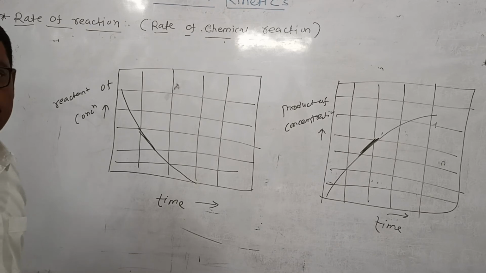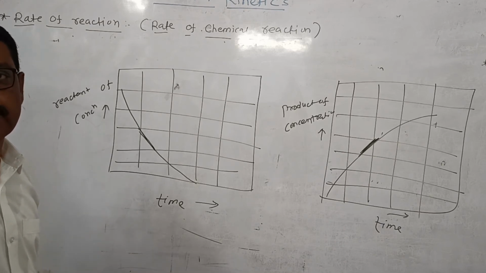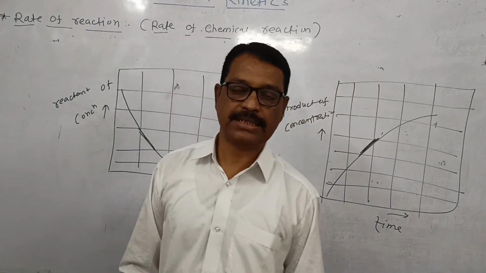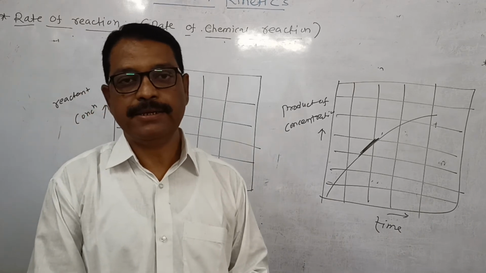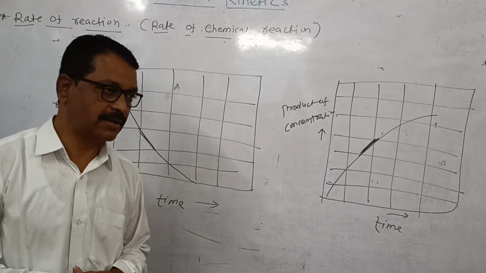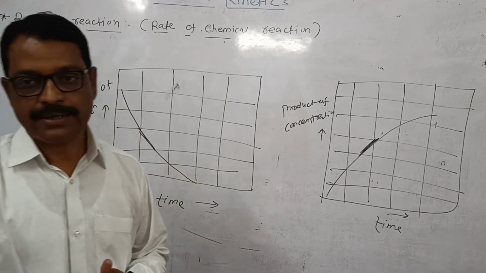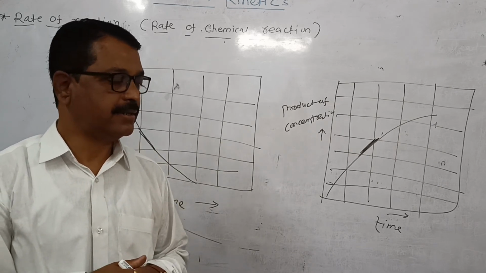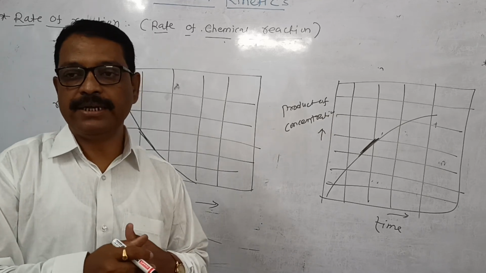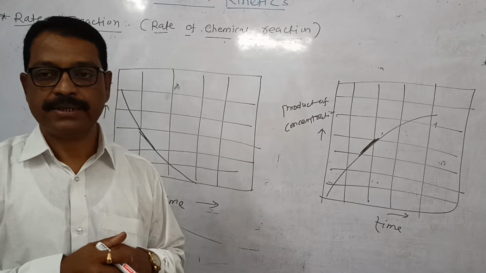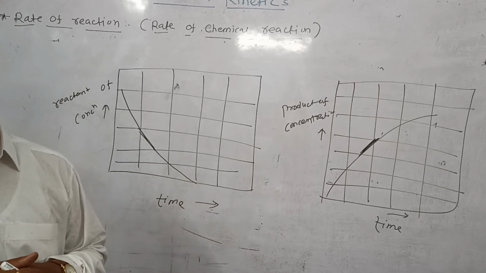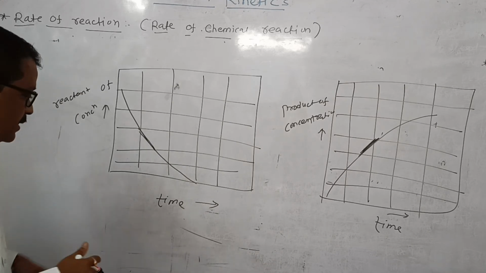Look at this graph. To determine the instantaneous rate of reaction, the progress of reaction is followed by measuring the concentration of reactant or product at different time intervals. It is clear that the changes in concentration are relatively fast in the beginning, which later becomes slow. The concentrations of reactant or product plotted against time are shown above, figures A and B.